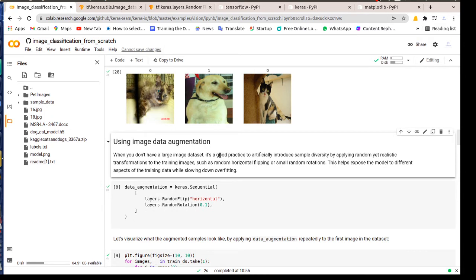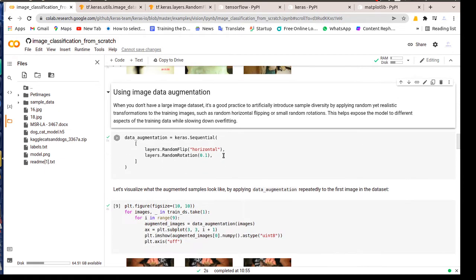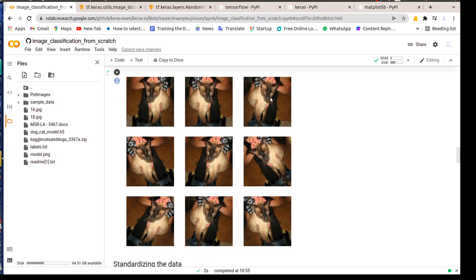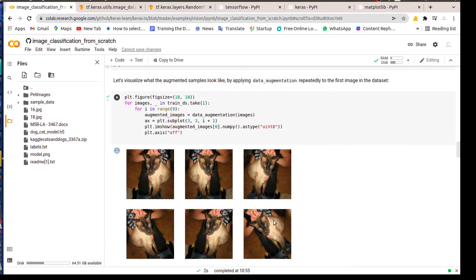Now, the next step is called data augmentation. We need this data augmentation because, for example, if you have 10 images and you want to have more images, what you can do is use only one image to produce multiple images. Here you can see the result: for only one image, I am getting 9 images like this.